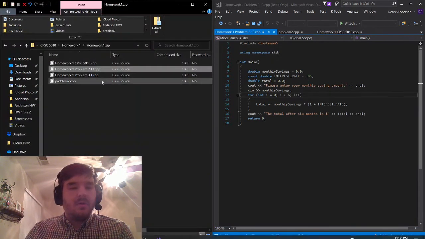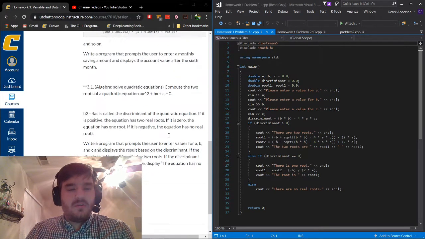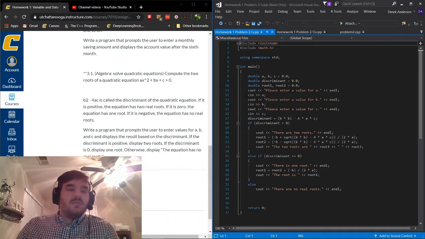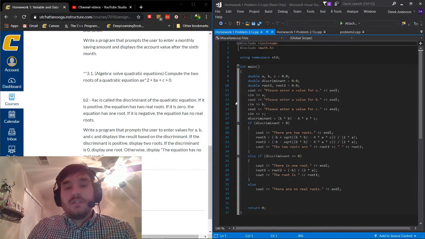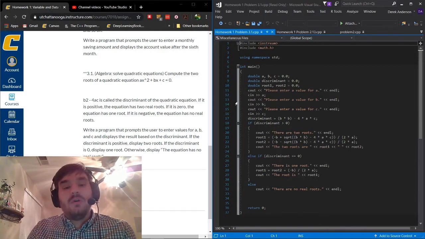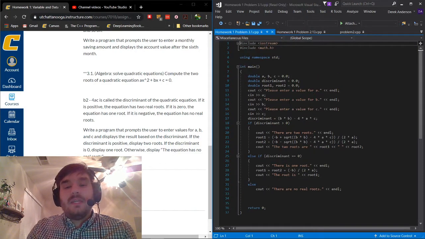All right, I believe we're on to our fourth and final program for our first homework. So compute the two roots of a quadratic equation is asking us to find out if they are positive, 0, or has no real roots. That's very important if you're wanting to find out how many roots there are, because it's plus or minus. With the quadratic equation, x equals opposite of b plus or minus square root of. So maybe some of you remember that song from school. I don't know if you heard that before,